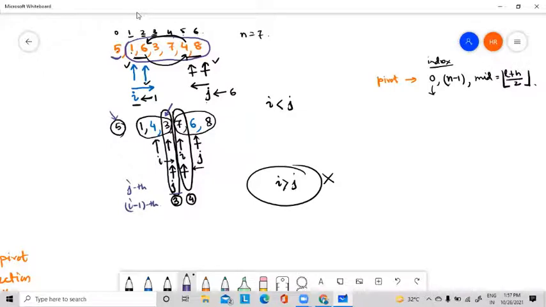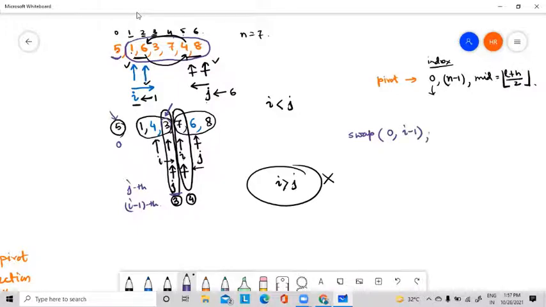I am going to interchange pivot with this 3. What is the position of this element? Either the position is the Jth position, or you can say it is the I minus 1th position. Okay, and what is the position of pivot? Pivot is at the 0th index value. So what I will do is swap the element at position 0 with J or I minus 1.